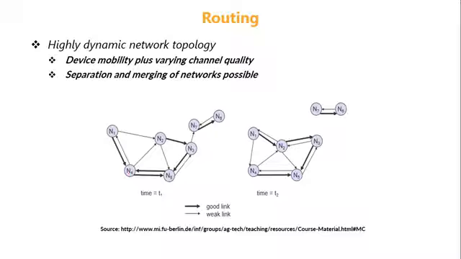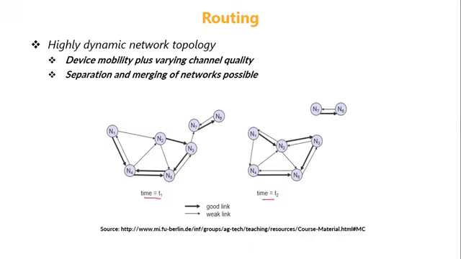Similarly, if you take the nodes n4 and n5, the link from n4 to n5 is a good link, and n5 to n4 is also a good link. If you take n1 and n2, there is a weak link from n1 to n2, but there is no link at all from n2 to n1. That is, whatever data is transmitted by n1 will be received by n2, but n2 cannot directly communicate back to n1. If n2 wants to communicate to n1, it should follow this path: n2 to n5, then n4, and then n1. So this is at time t1.